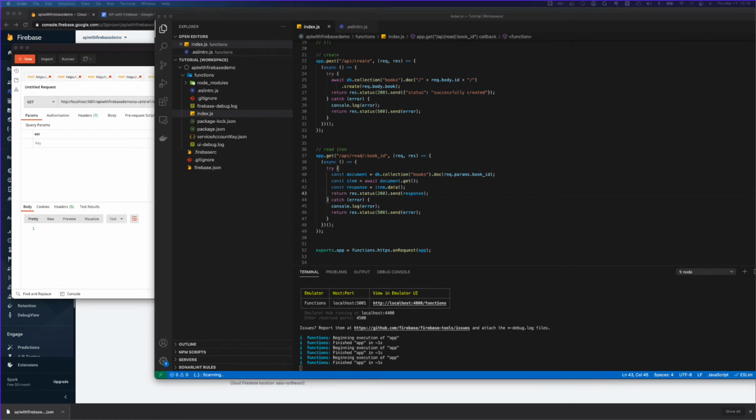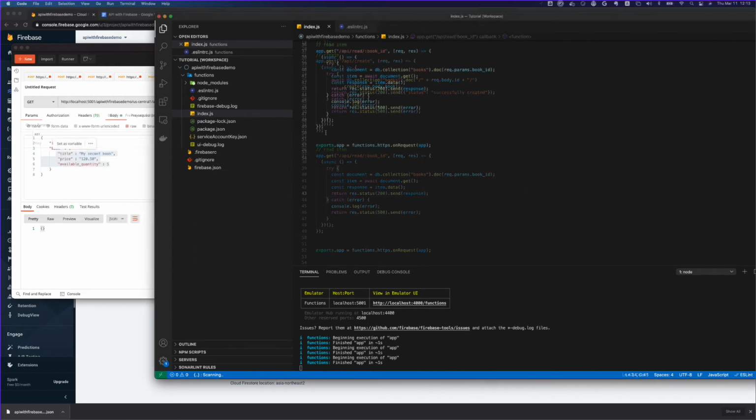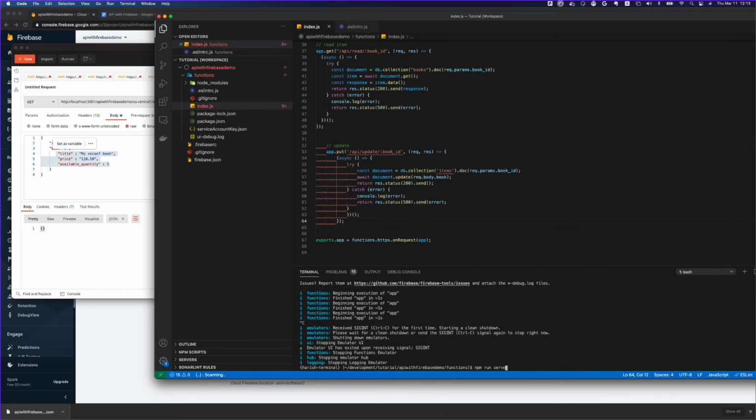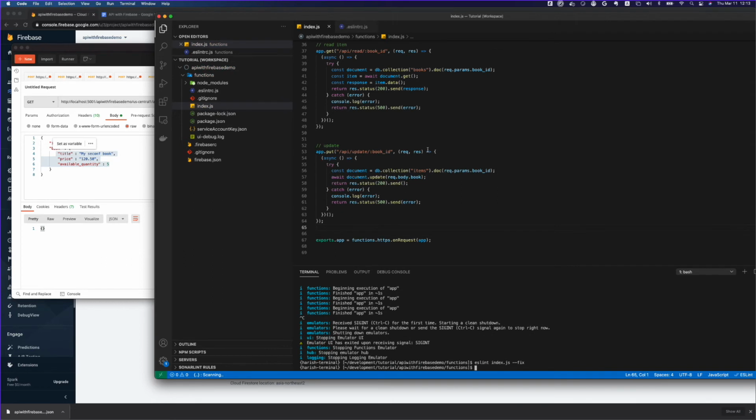So now we want to create updates to our collection, as in create, read, update and delete. Now we are at update, so let's do that. Let's create the update API. I'm just going to stop this emulator again. For this update, again we need the book ID, which book we are going to update.